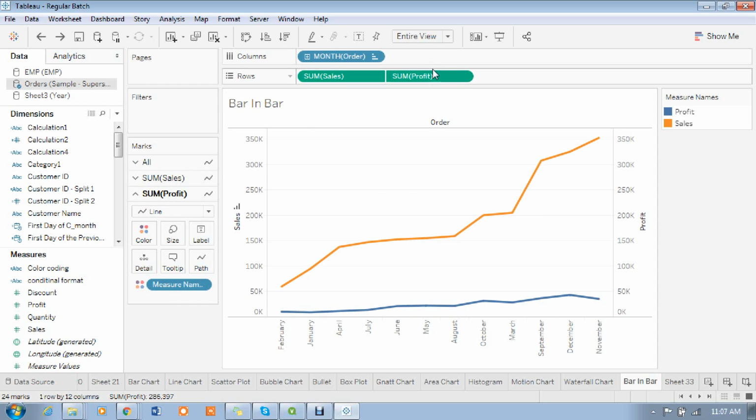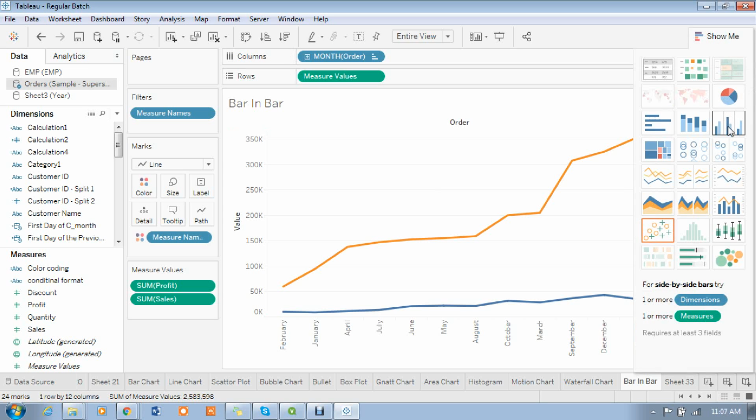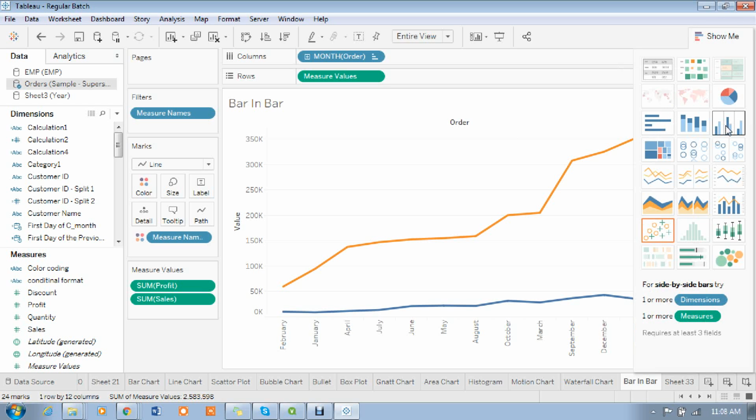Yes, madam. Just take any one measure, the second measure, and simply drag it into here, madam. In any one axis you drag it, either here. Now both the values are compared with one axis only. Both axes will compare on one axis. It is kind of like a side by side bar graph, madam.